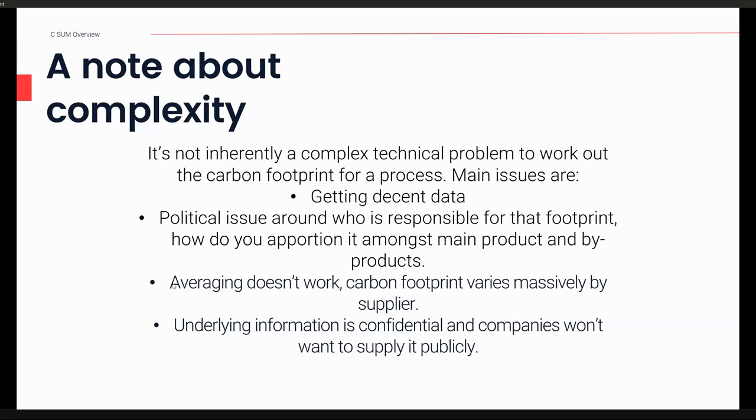Averaging doesn't work. That was touched on earlier. I won't go into too much more detail, but a lot of ecoinvent stuff is basically you take data from, say, South Africa and Russia and average it to give you a global value. And lastly,